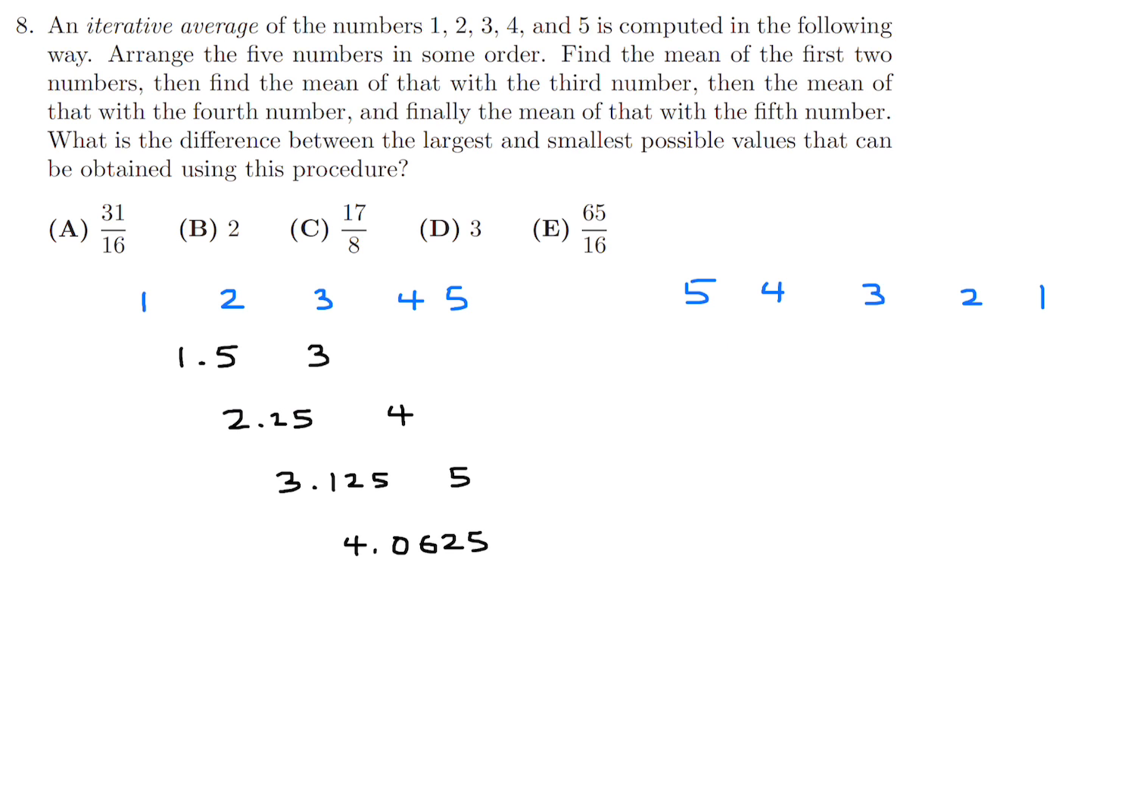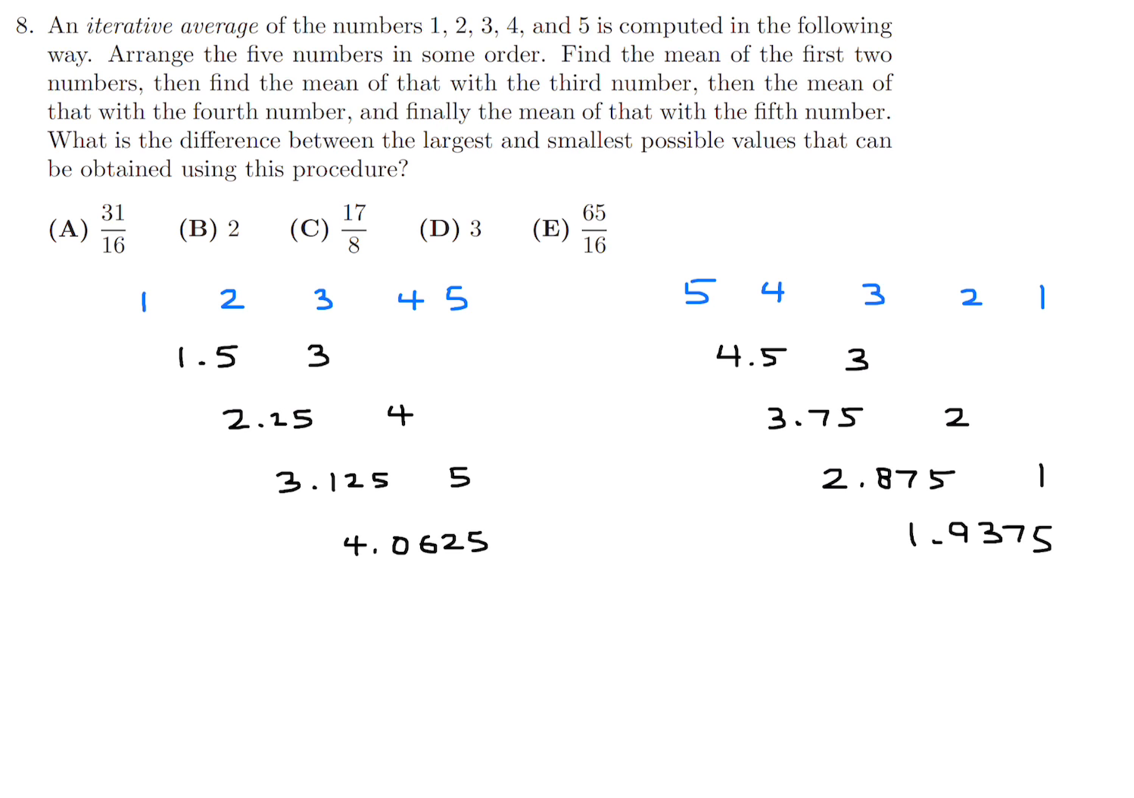Now we're doing the exact same thing, but in a different order here. 5 plus 4 divided by 2 is 4.5. 4.5 plus 3 divided by 2 would be 3.75. 3.75 plus 2 is 5.75, divided by 2 is 2.875. And then finally, 2.875 plus 1 divided by 2 is